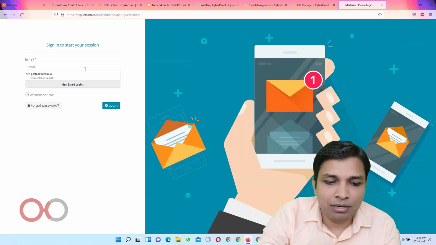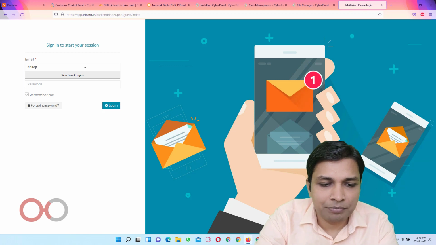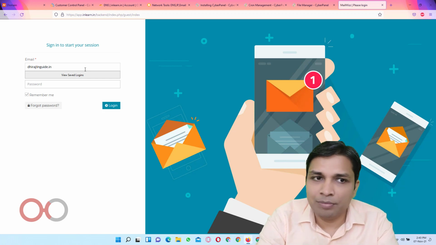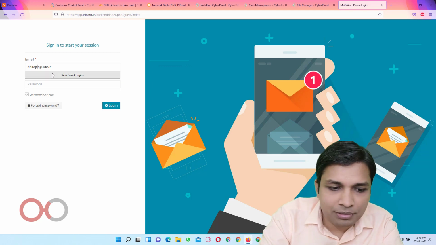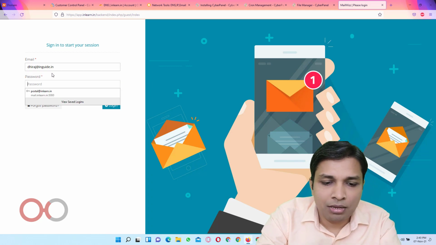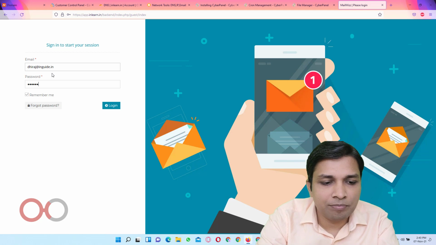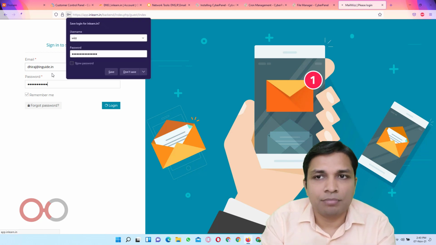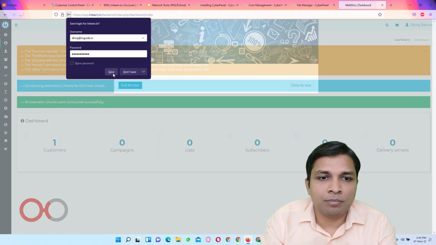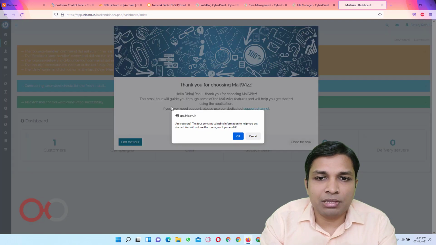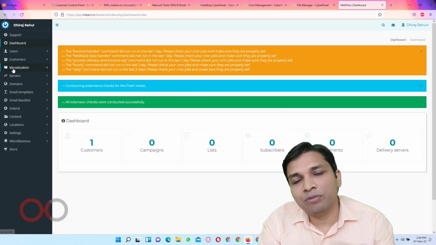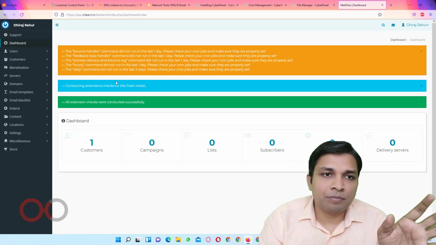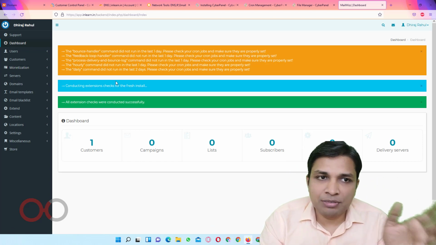and here enter your admin email ID. Okay, here it's and the password. So this is how you install Mailwizz, and you can see Mailwizz has been successfully installed. So this is Mailwizz dashboard,